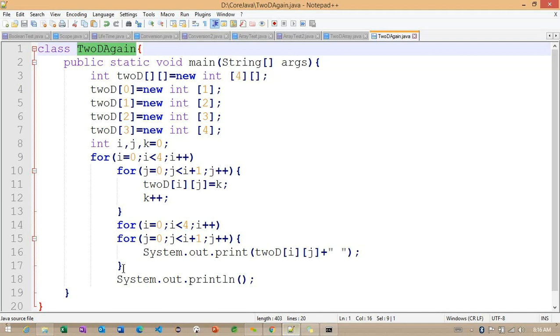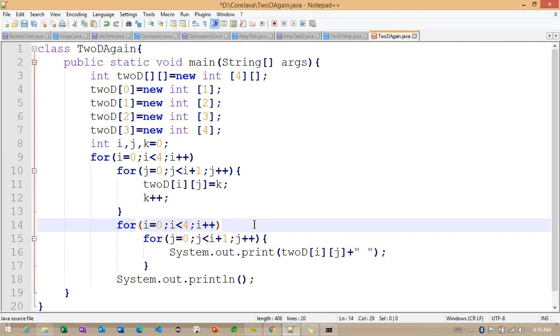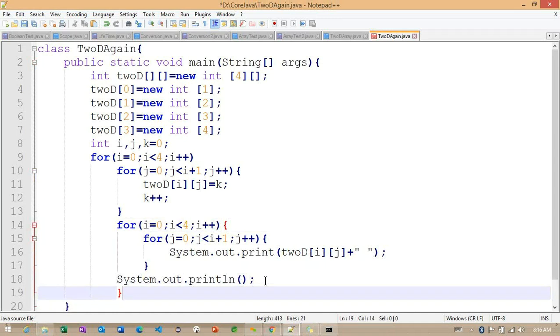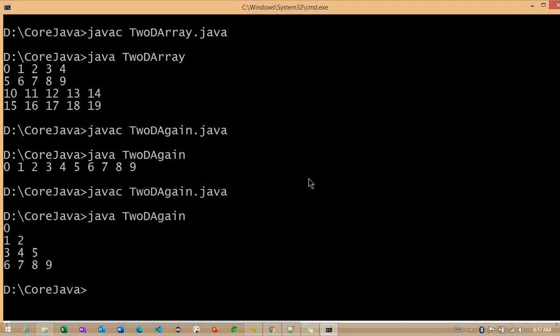Maybe we can work on this particular brace here. So maybe the brace is not working properly. javac 2D again. Yes. So it is a brace problem here. The brace is not closed properly.